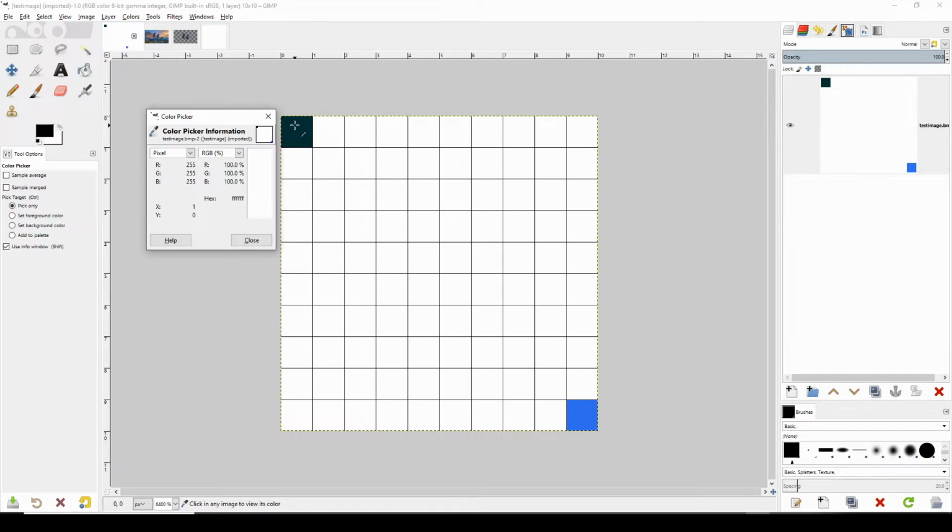And I'm going to click on this one, and I can see that the red is 0, the green is 48, and the blue is 50. And if we look at the hex number down here, we get 00, 30, and 32. And then if I go over here at the blue, we get 48 red, 110 green, and 236 blue. And that comes out to